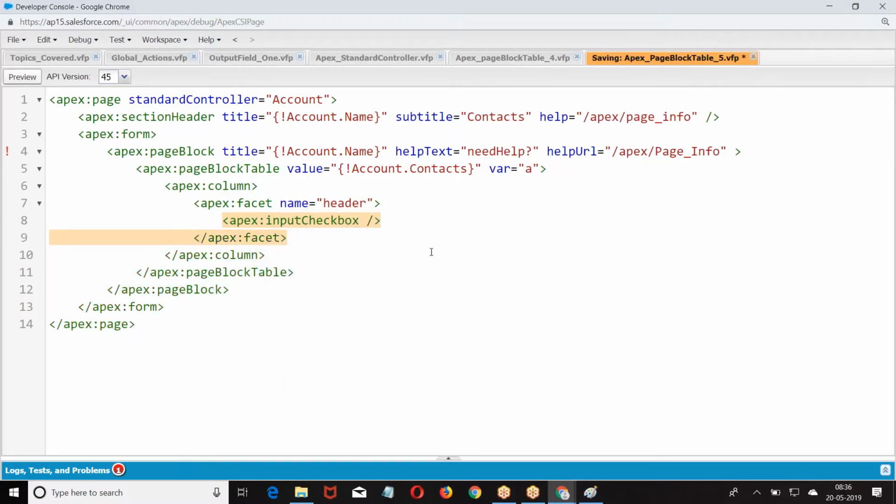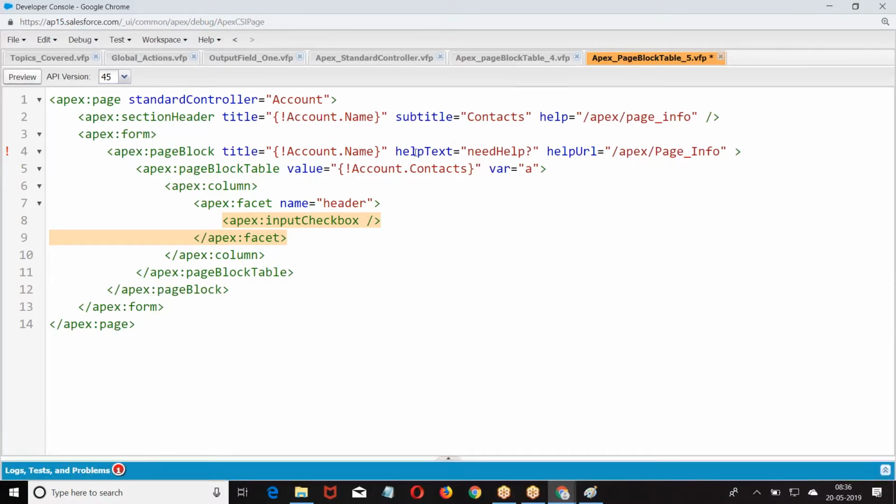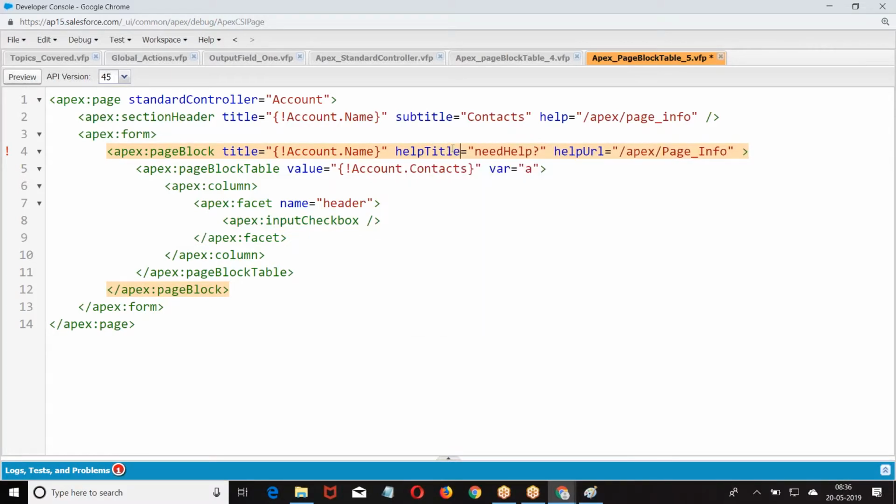Now this will create a checkbox on the header. But what do I need? This creates a checkbox on the header. But what exactly do I need? I need a checkbox in each column.